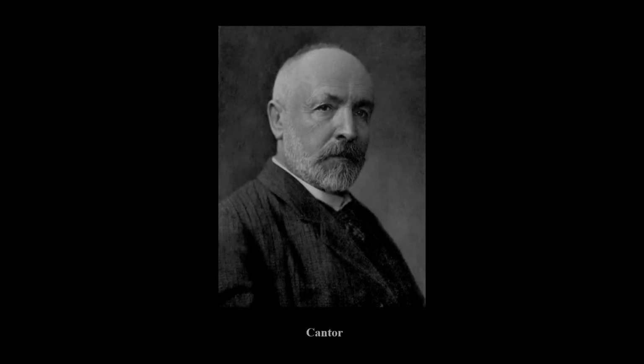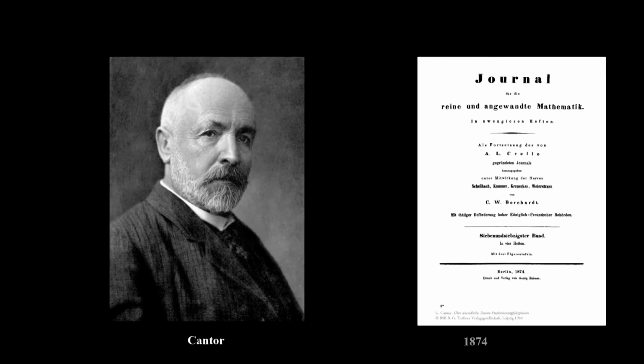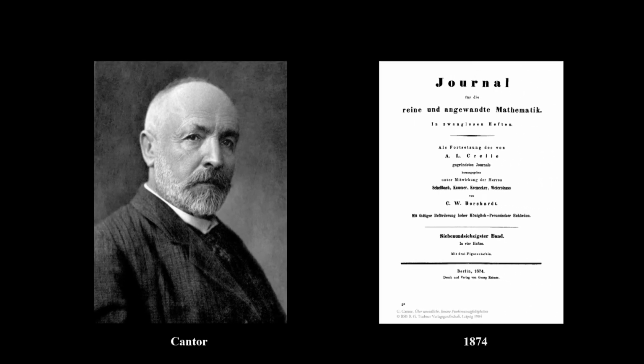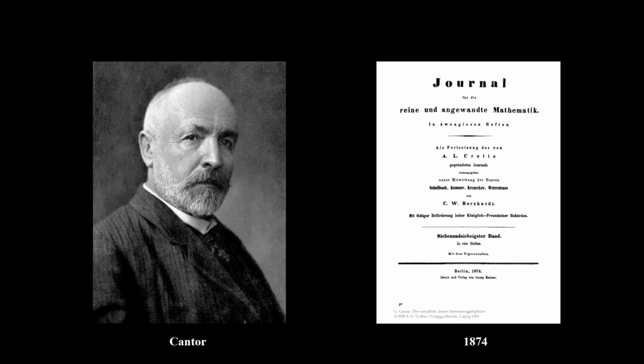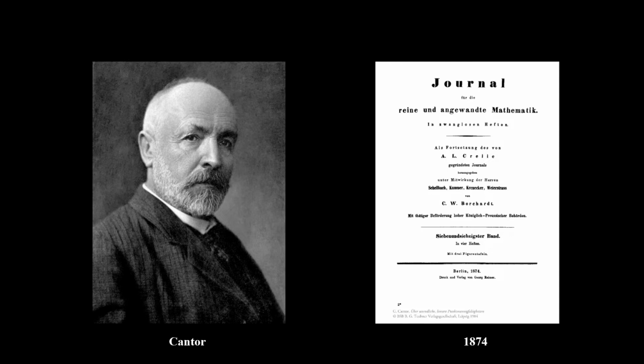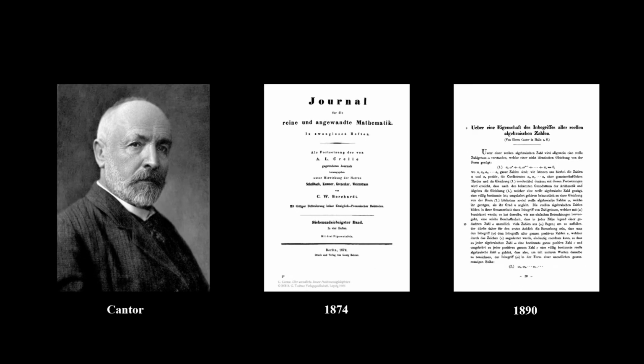The basic ideas of Cantor's theorem can be found in scattered locations in his paper on a property of the totality of all real algebraic numbers, which was published in a journal in 1874. The demonstration that Cantor felt very convincing was published in 1890. The key points of the demonstration are provided below.